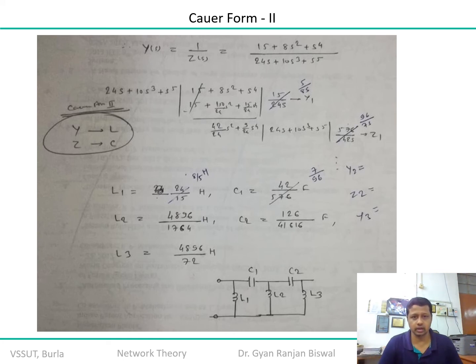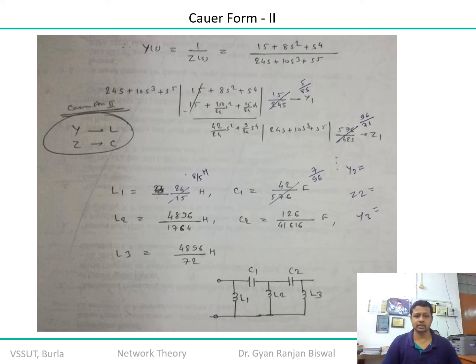And then the next component you are getting, remember it's the admittance function and not the impedance function. In the admittance function, Y is equal to L and Z is equal to C, the reverse of Cauer form 2, because you defined Cauer form 2 in terms of the impedance function. So for the impedance function, the series component is capacitance and the shunt component is inductance. If you are realizing in terms of the admittance function, the series component is now inductance and the shunt component is now capacitance. Now I think it's clear why you made the mistake.